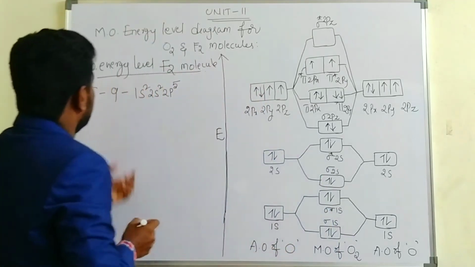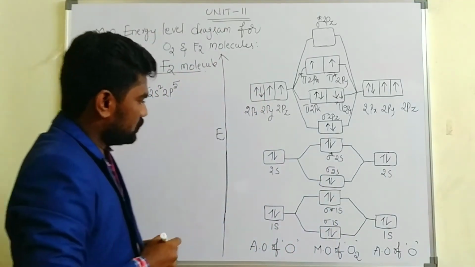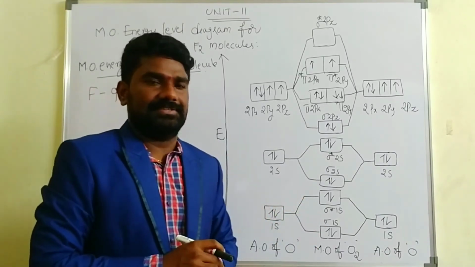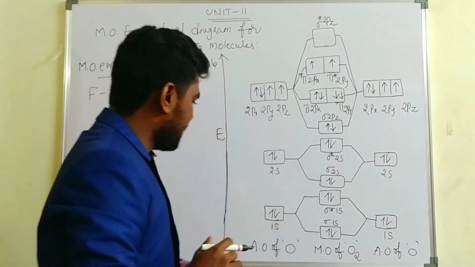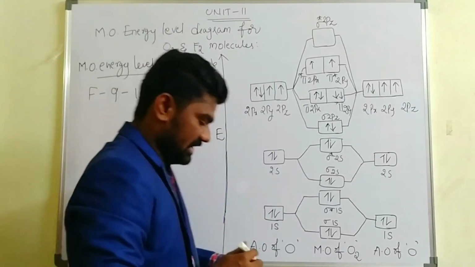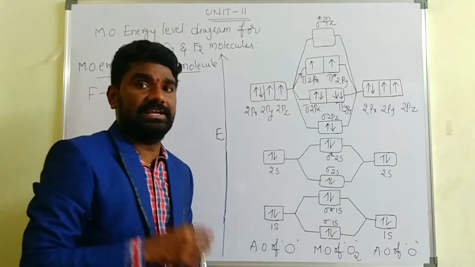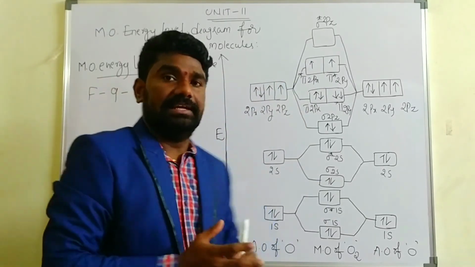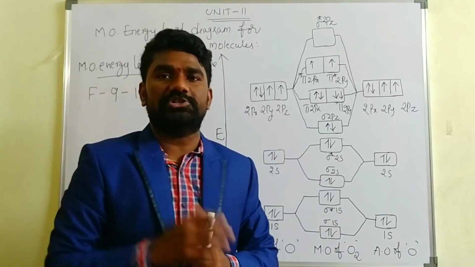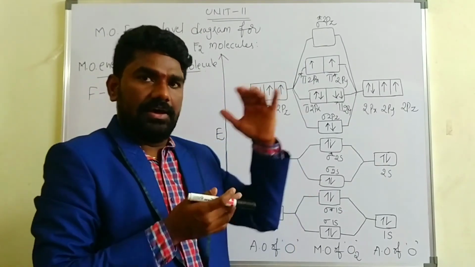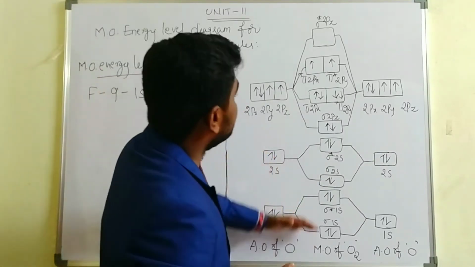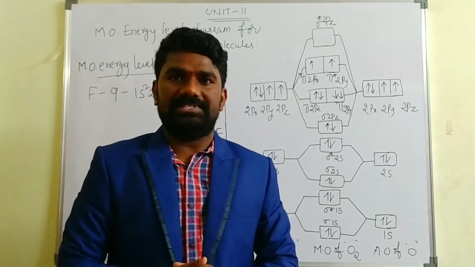And then coming to the construction of the molecular orbitals, it is quite the same as the oxygen molecule. Why is it quite the same? Because both come under the above 16 electron category. So the relative energies of the molecular orbitals, the energy order, is the same, isn't it?